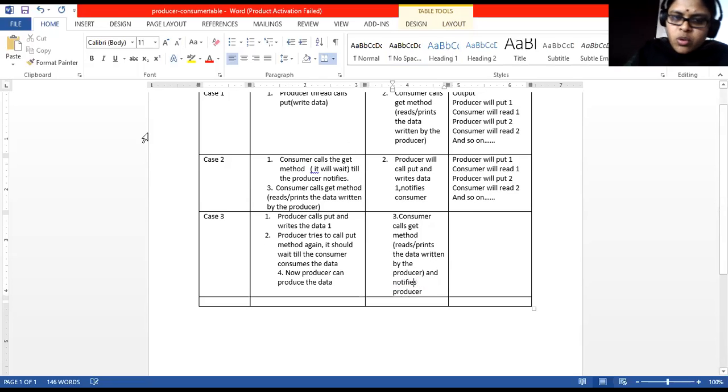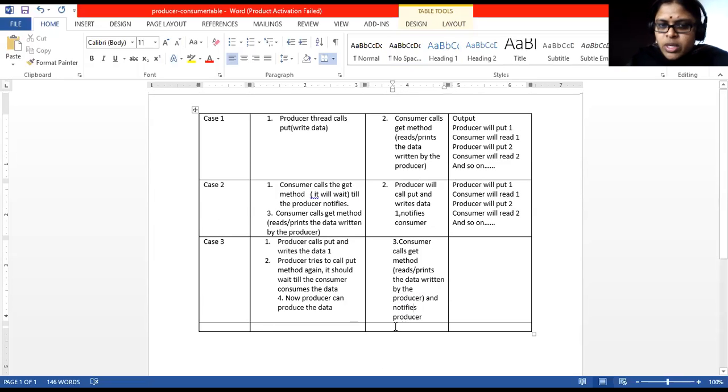Because it is concurrent programming, we need to consider all the cases. We need to keep in mind all the cases and we need to write the program. So these are the different cases which you can usually encounter in this program. So now you can see everywhere, producer producing the data, consumer consuming the data. If consumer is called first, it should wait. If producer goes first, it produces the data, but before consumer is reading the data, if it tries to produce the data again, it should wait. So there is proper synchronization between producer as well as consumer in this particular program.